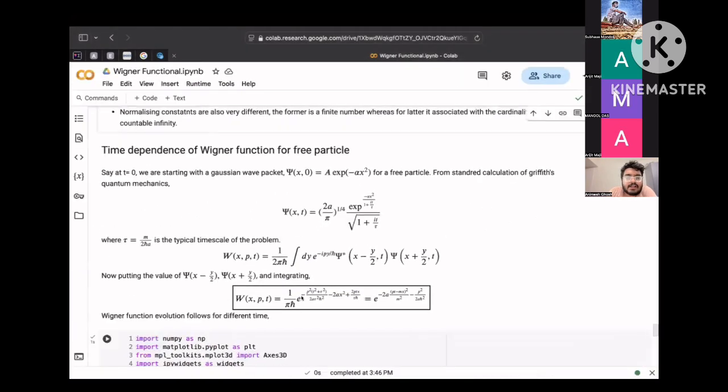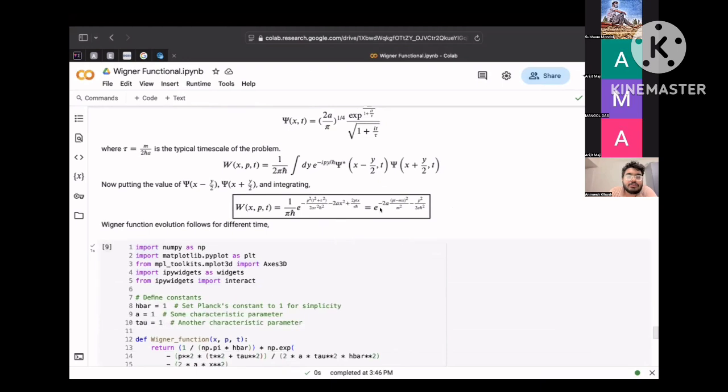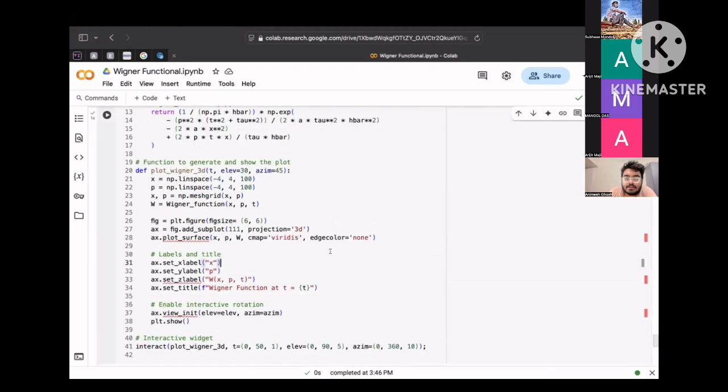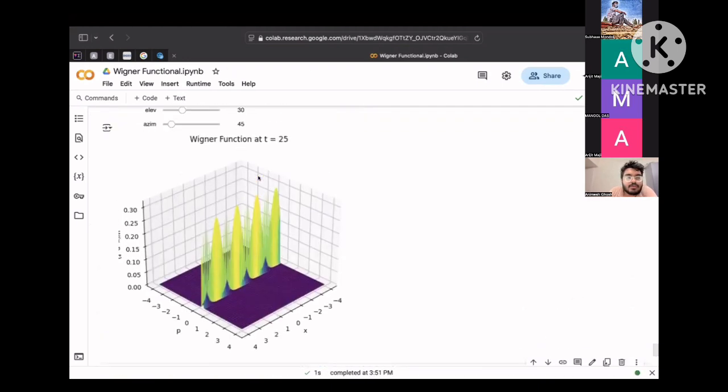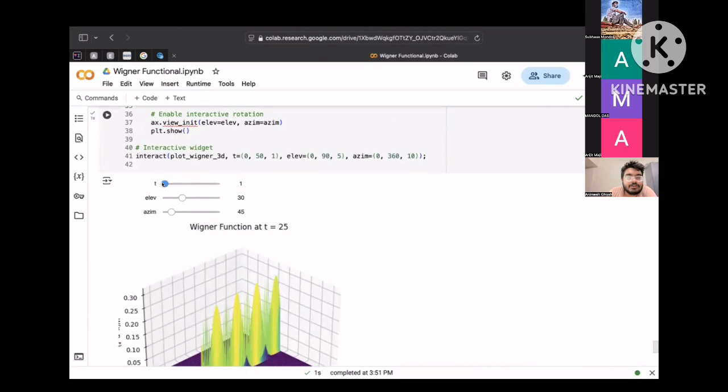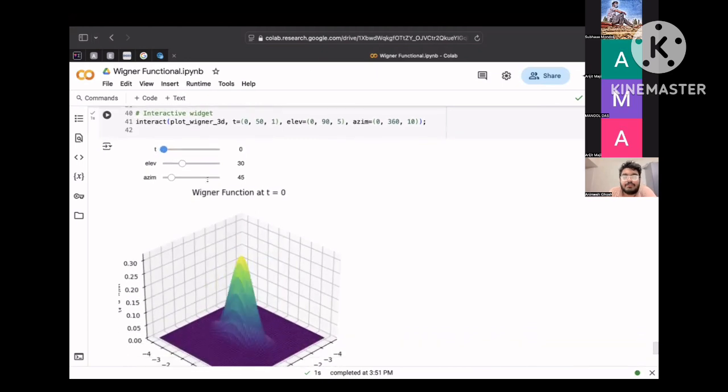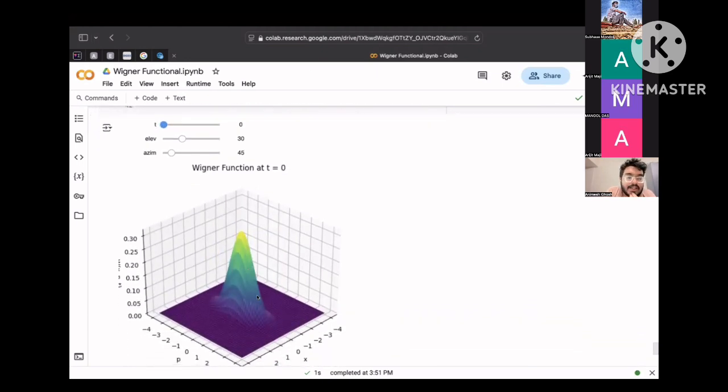Now, I just ran a code that shows the time dependence. If I run the code, at t equals 0, what we expected is that we started with a Gaussian in x and p, and we exactly have that. Now, if I increase the time a little bit, what we are seeing at, let's say, t equals 5,